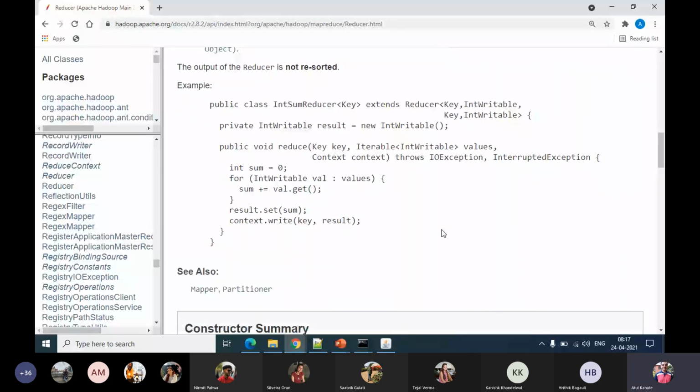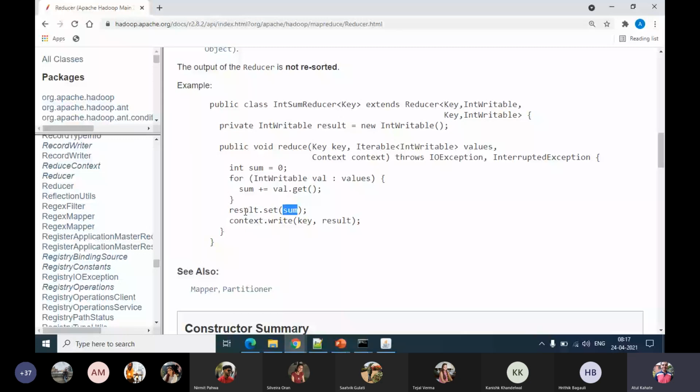Here, for example, it says it's going to write simply key and int writable. So it says key and int writable, which is result. So result, if you see, is something which is derived from sum. So sum is set into result.